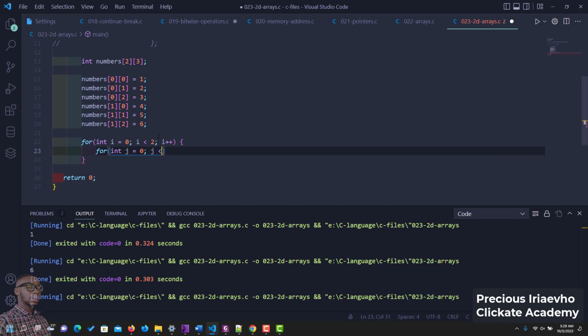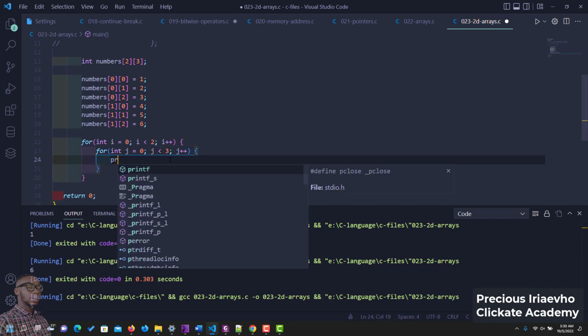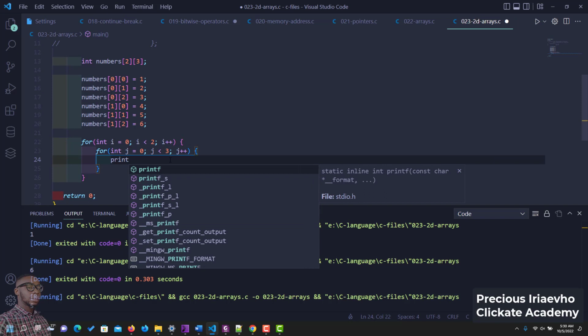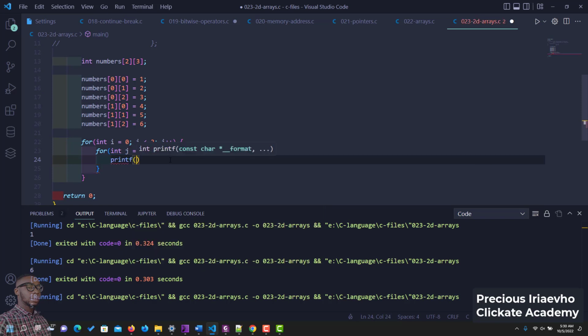Then j, as long as j is less than 3, because the columns are 3, okay? Then j plus plus. And what do we want to do? We want to print out each index. So we will say the format specifier. And what are we printing out? We are printing out numbers